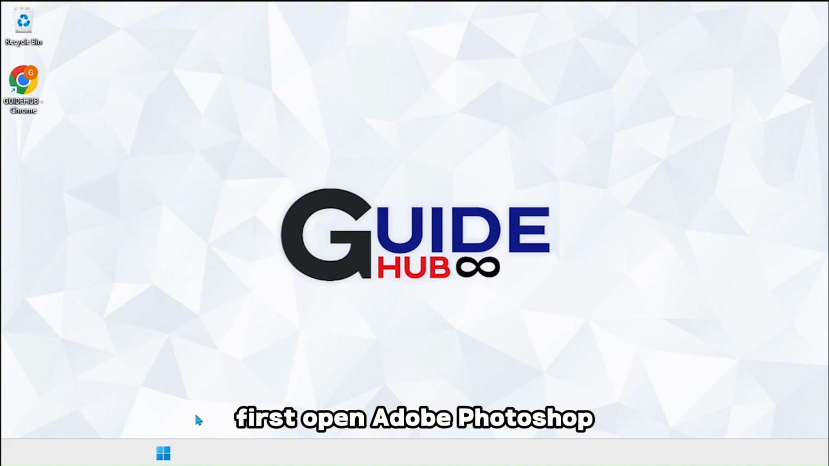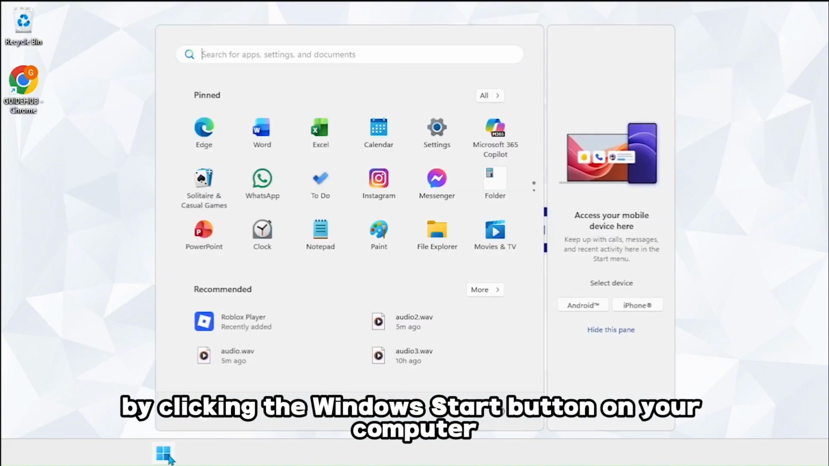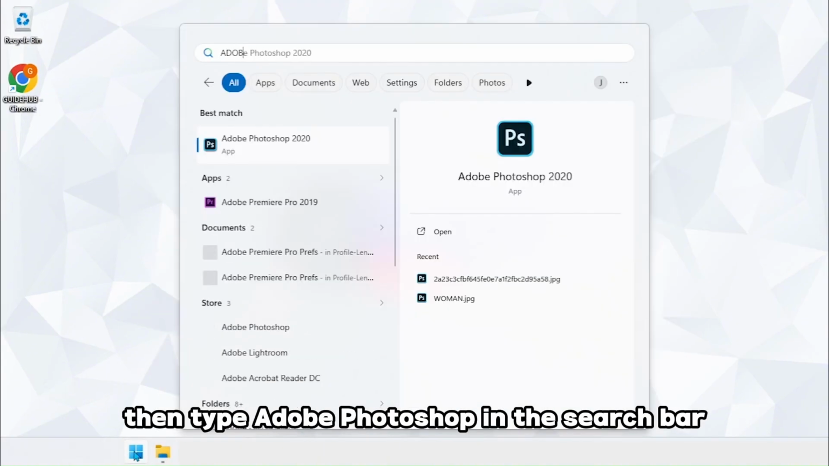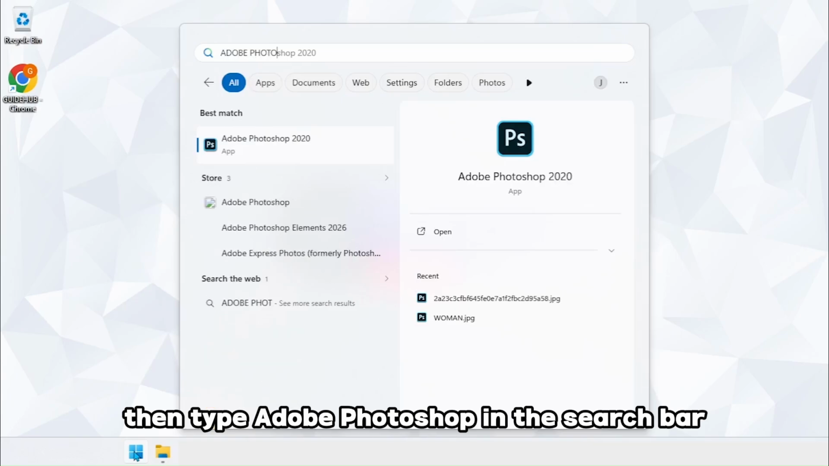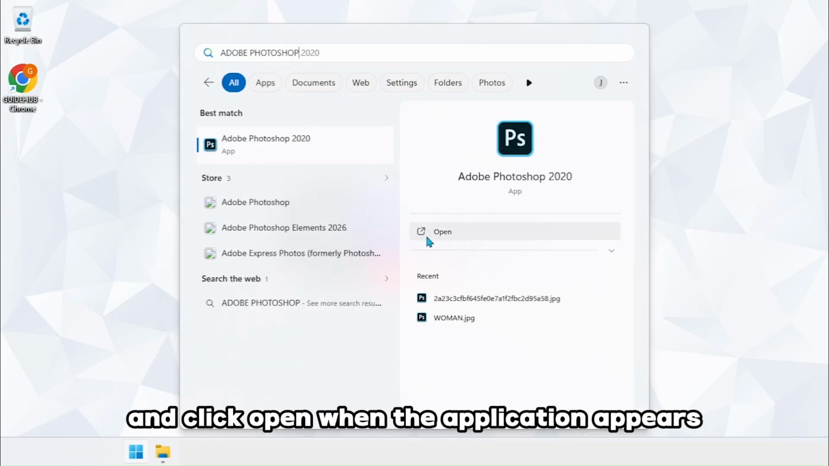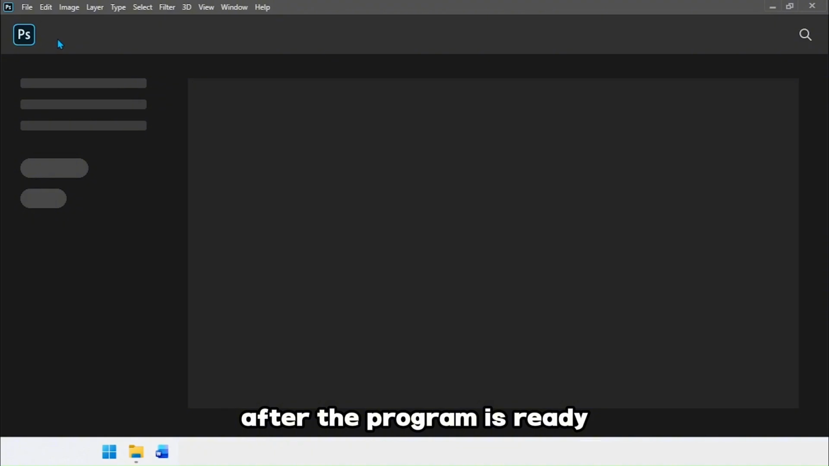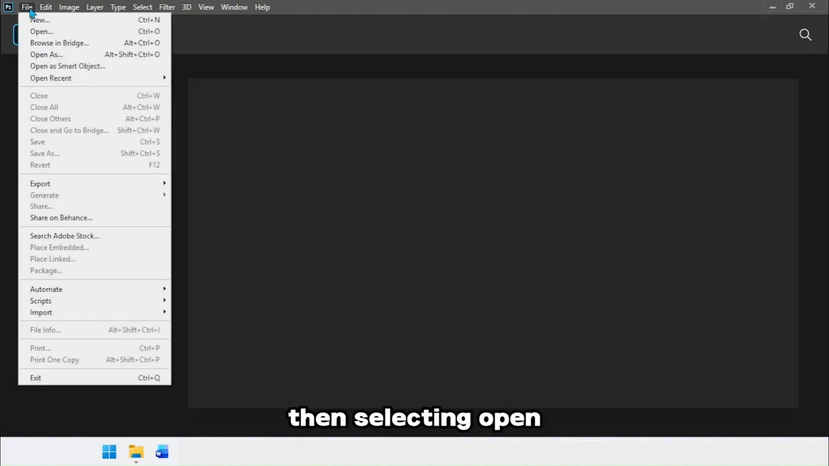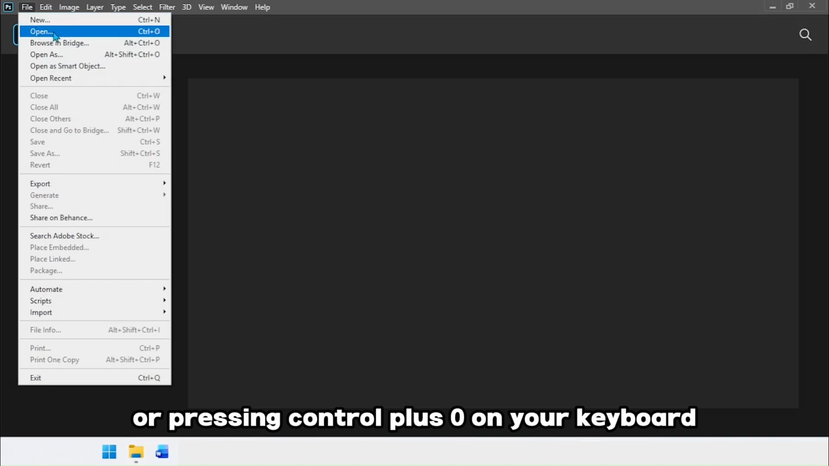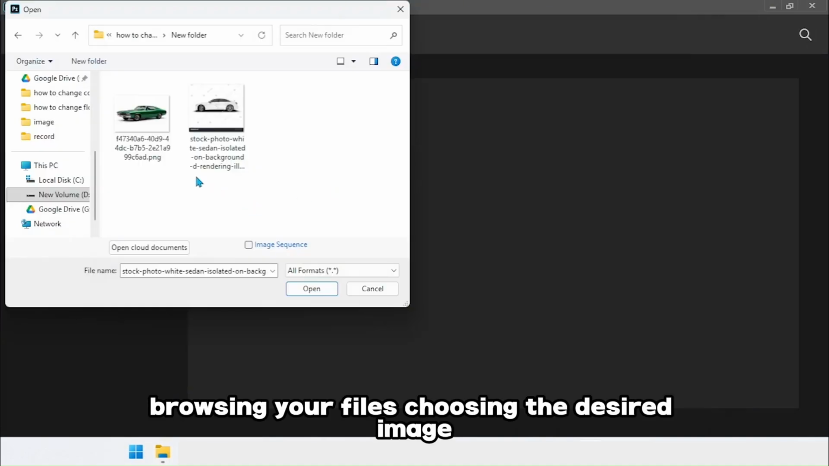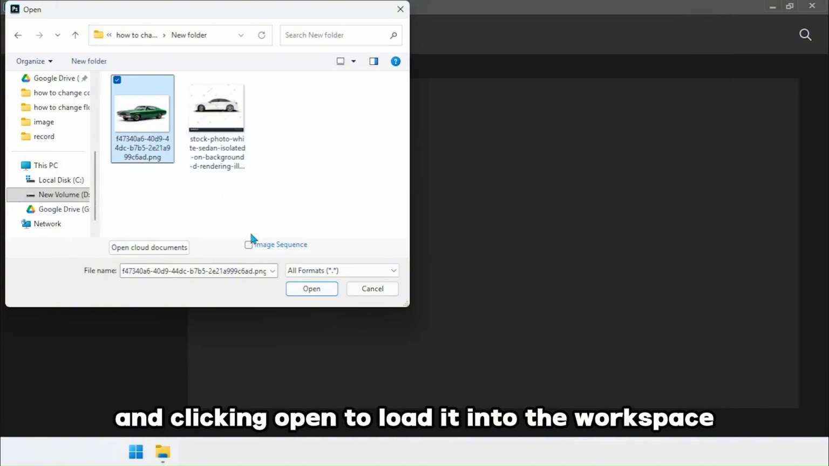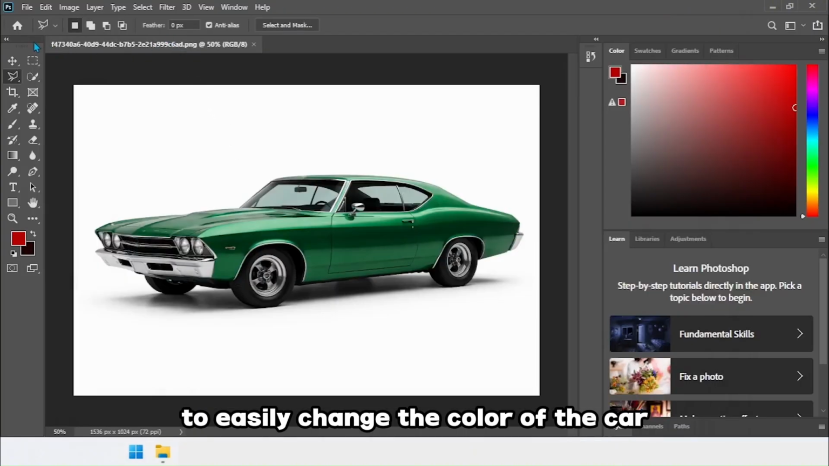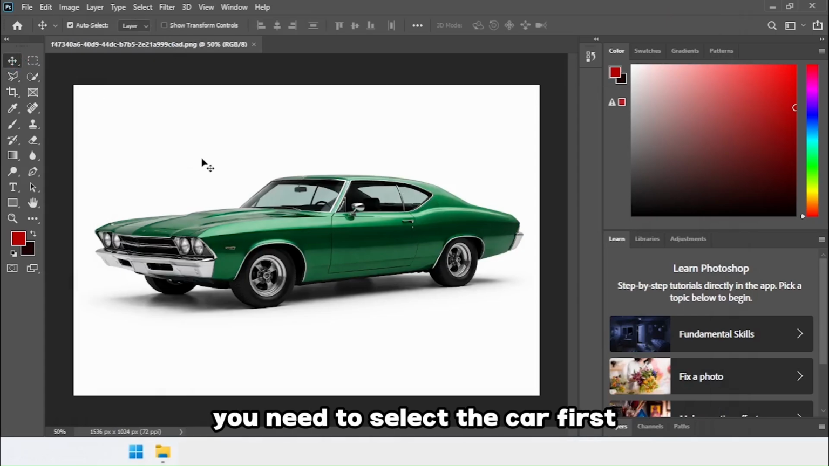First, open Adobe Photoshop by clicking the Windows Start button on your computer, then type Adobe Photoshop in the search bar and click Open when the application appears. After the program is ready, open the car image you want to edit by clicking File, then selecting Open or pressing Ctrl O on your keyboard, browsing your files, choosing the desired image, and clicking Open to load it into the workspace. To easily change the color of the car, you need to select the car first by following the